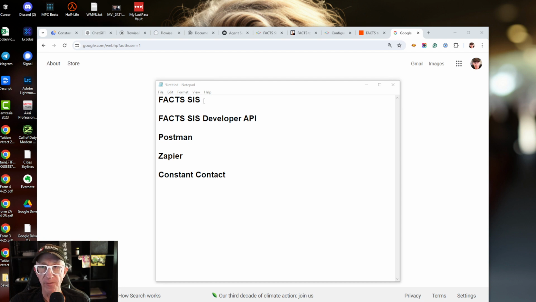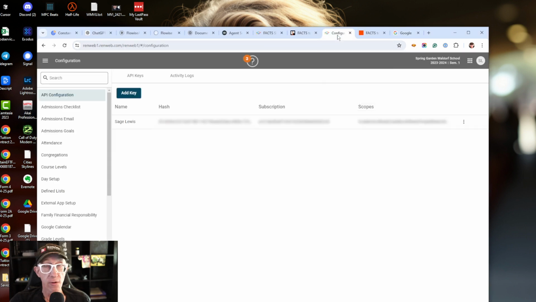I'm going to show you how in FACTS SIS you set up an API key there. I'm going to show you how to get your developer API key, or the subscription key, in the developer portal. Then we're going to create a script in Postman that I'll give you the code for. And then we're going to connect that to Zapier, and in our case, we're going to input inquiry people into Constant Contact. So that is the process that we're going to go through today. So first of all,